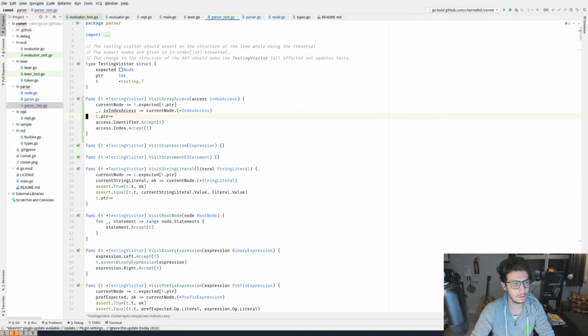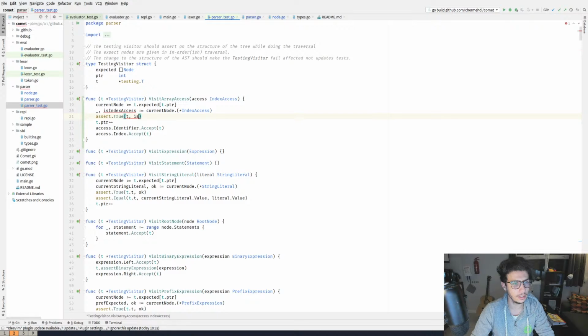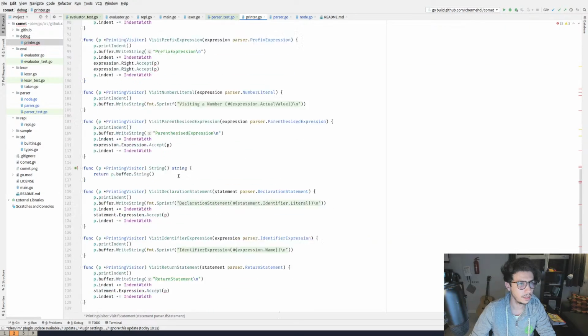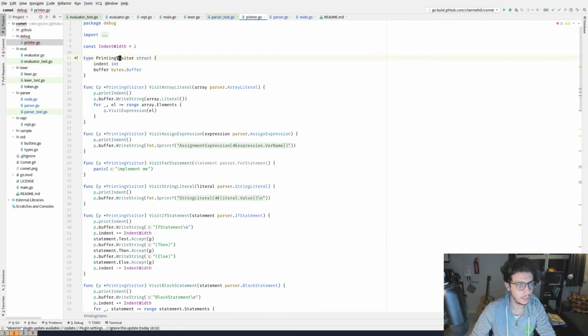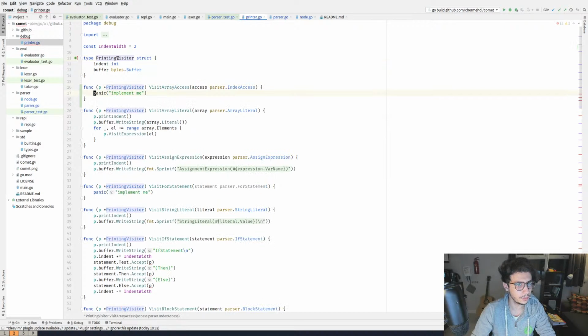Or at least I'm gonna do a search to t is index access. Right. I have another implementation of this. I guess it's here. This is a debugging implementation. Node visitor. Right.